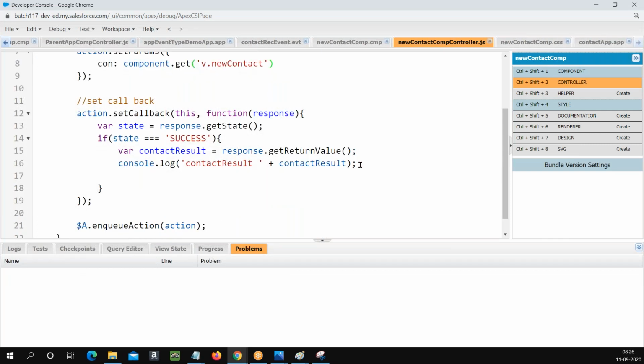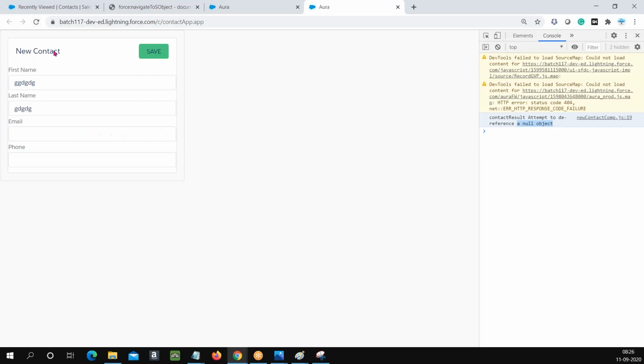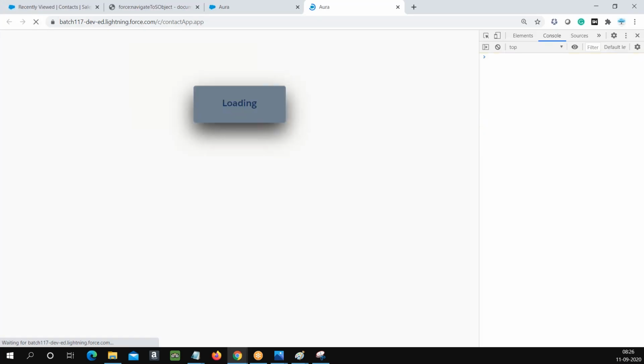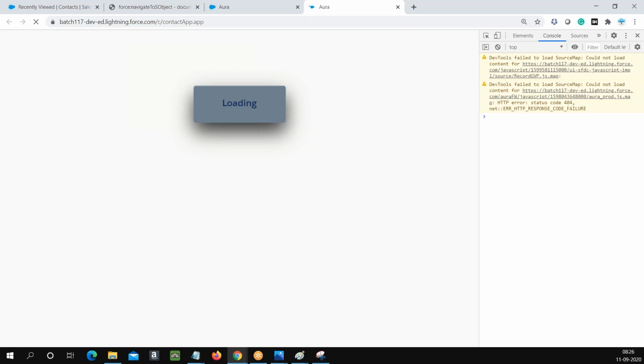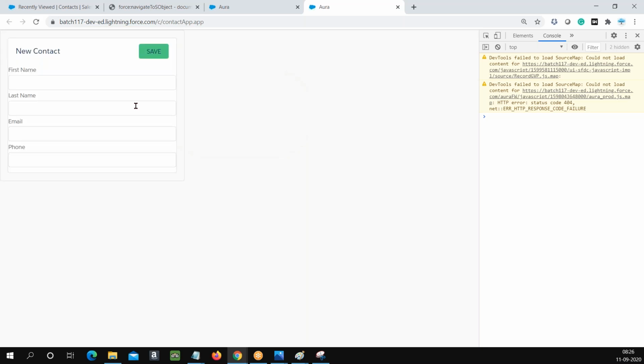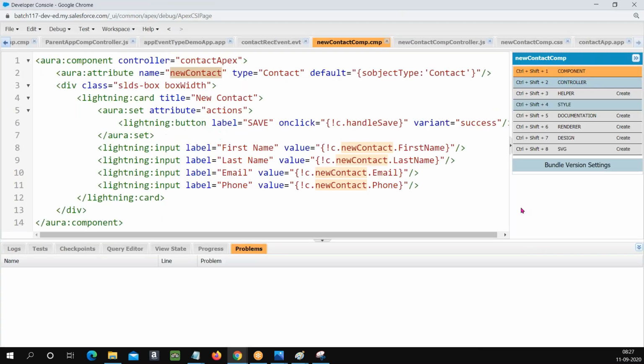Then no, you'll see ID, refresh. Missing value. Last name is missing. Why is it? Why is it? We have